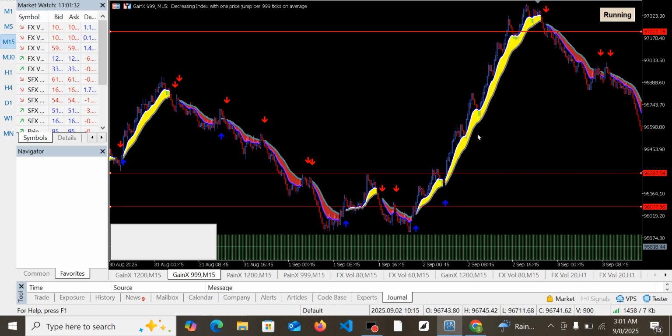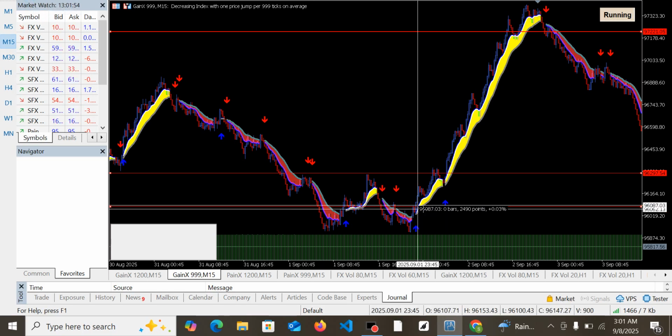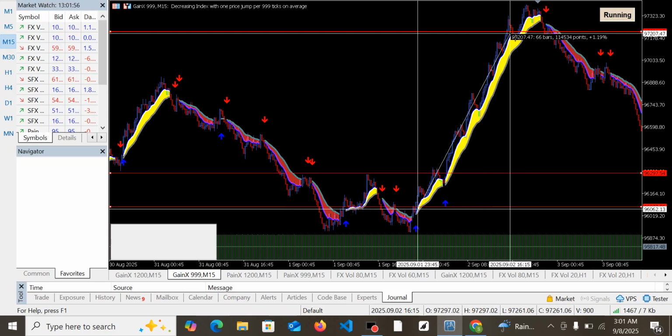What if you had actually created more orders at that particular point? That means you would have been in more profit like that. Even a single order would have given you a lot of profit. The reason is this is the 15-minute time frame, and you can imagine the amount of profit you would have made with this, okay? Let's calculate the candles together.